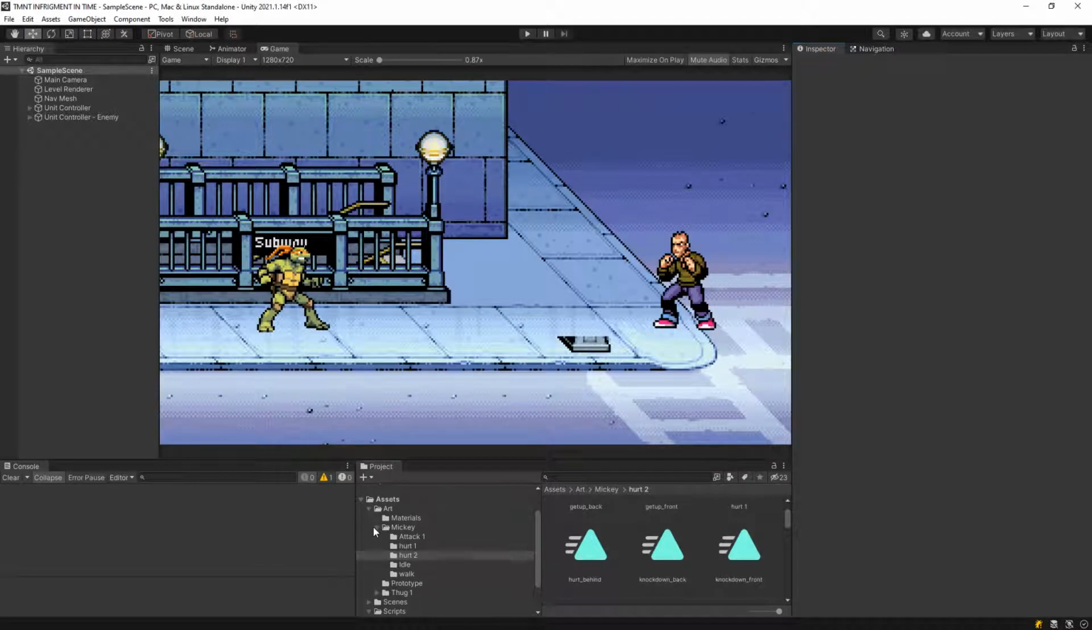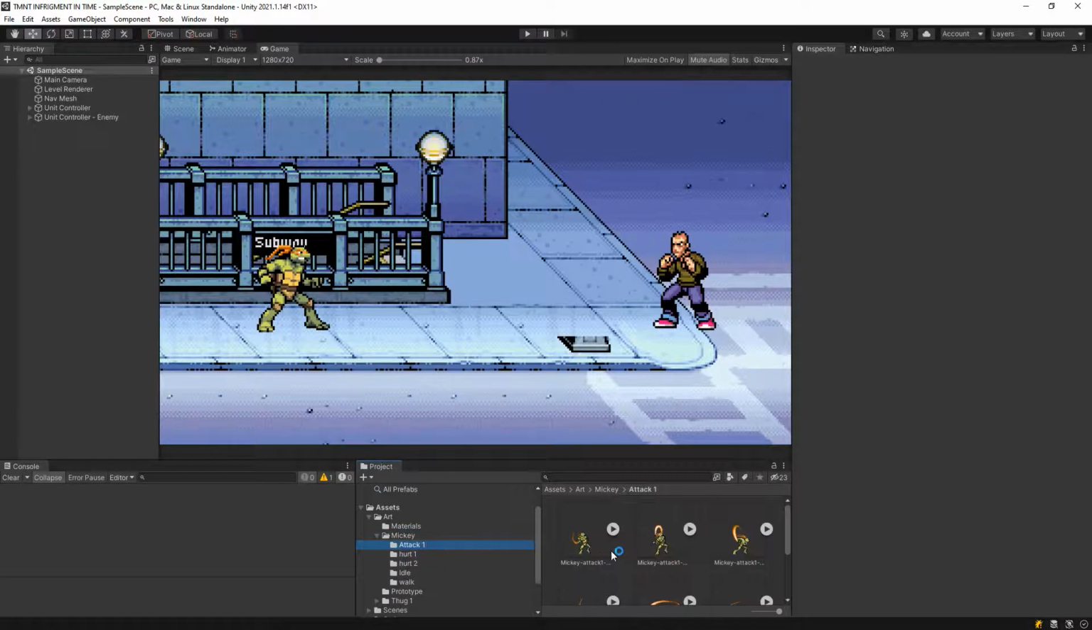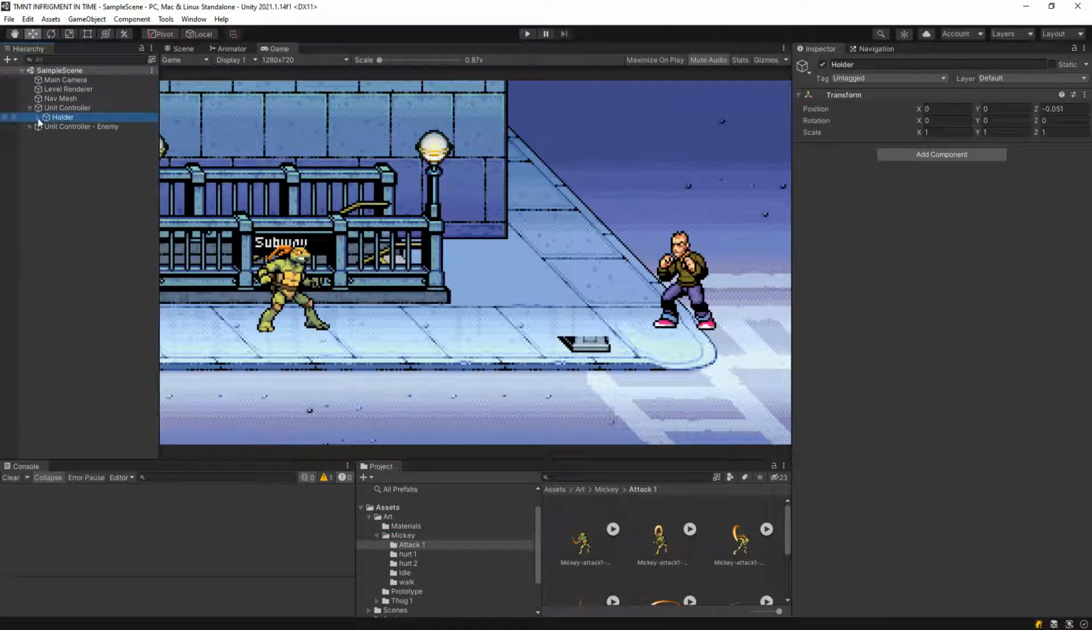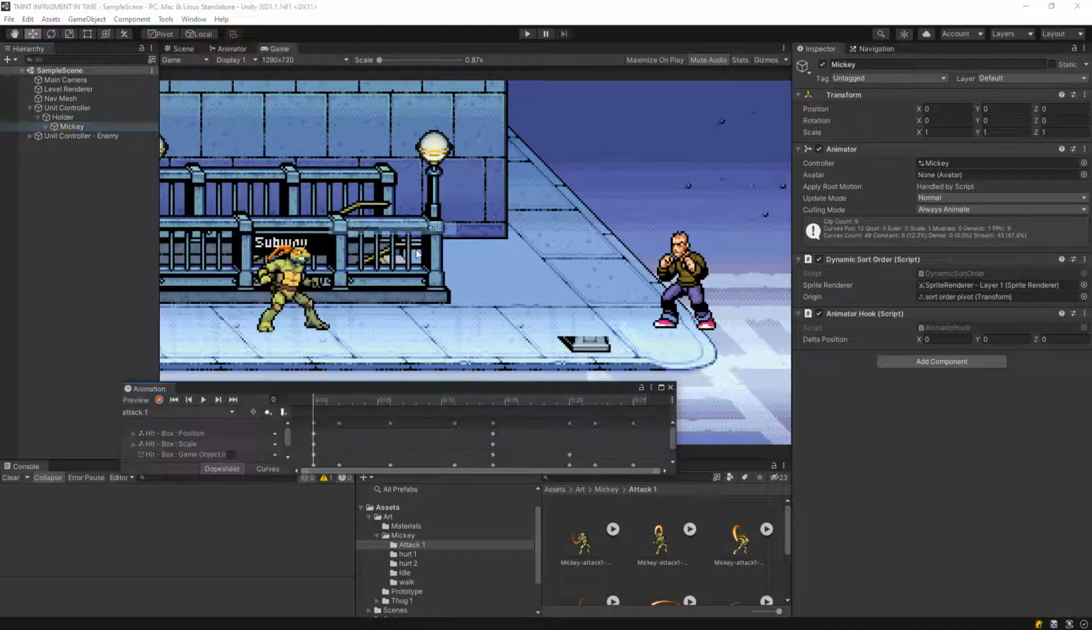So, clean up a few more sprites. Now we actually have a few more animations for Mikey, and I have also made some for Heart, and I want to show you something. So for example,